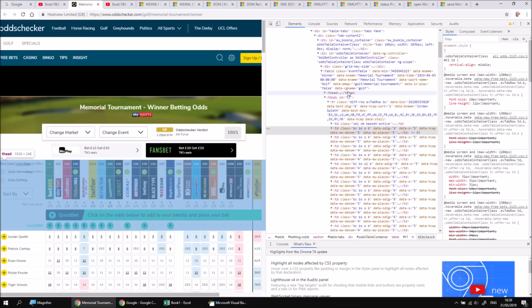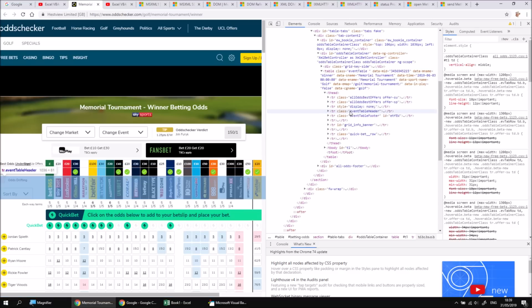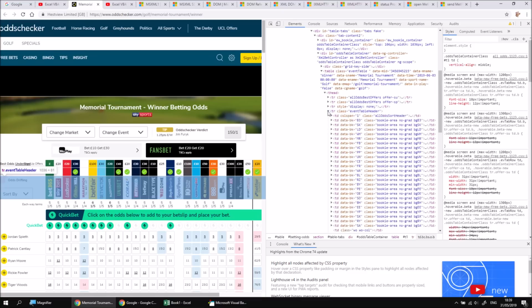So if I find out where that row is, I should be able to see in the table header section that we have a row here. There it is, the event table header row. So that has a specific class name. So if I know that that table row has got a class name event table header, what I can attempt to do